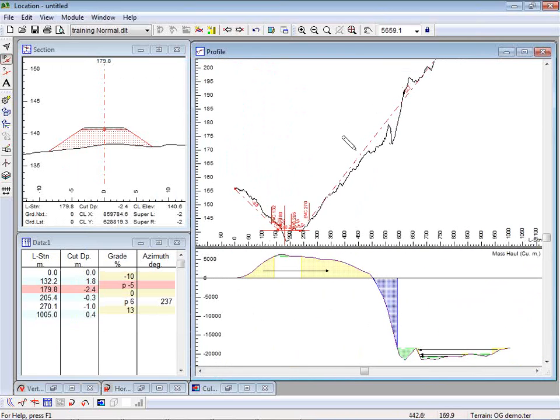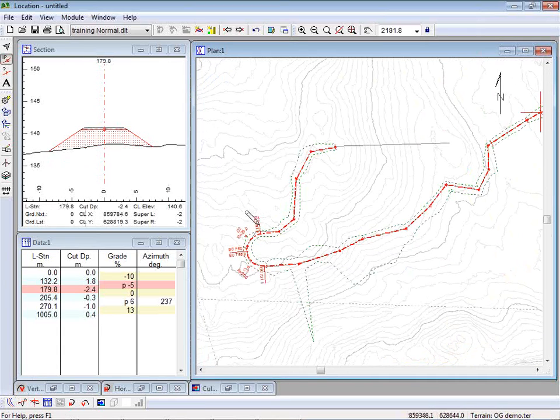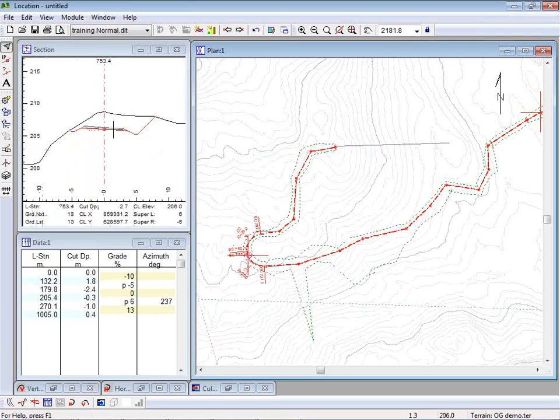Somewhere along here is my switchback, and I want the grade to be a little less in the switchback itself. How can I find it? I just jump over to the plan window, move my current point to the switchback. Here's a little trick. If I go to Selection Tool, I can just click anywhere and look at the cross-section,